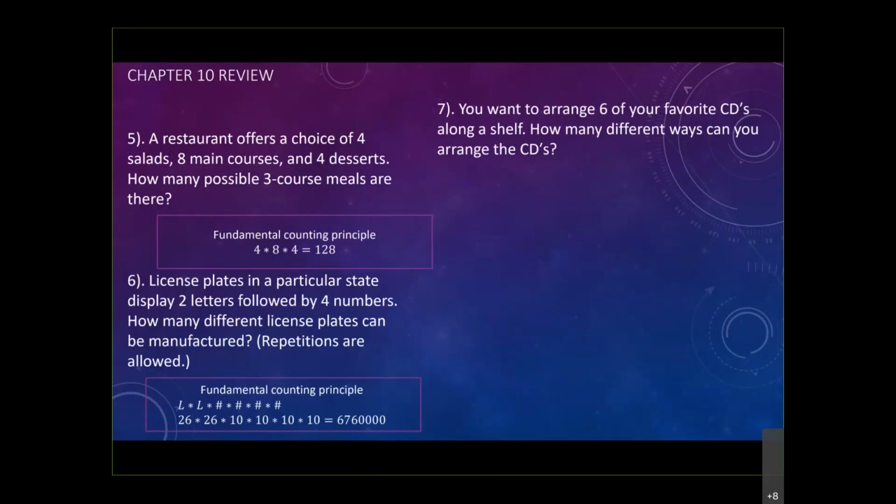Do you agree that we want to arrange your favorite cities, meaning there is some importance, from the most favorite to the least favorite? We need to arrange them, so the order matters, right? If the order matters, everybody can see that this is a permutation problem. But before we attack this permutation problem, let's take a look at this